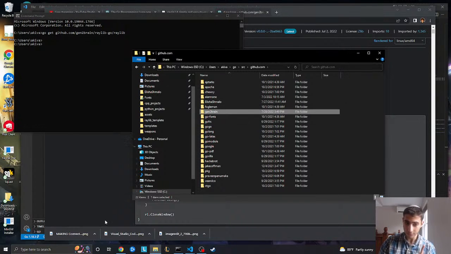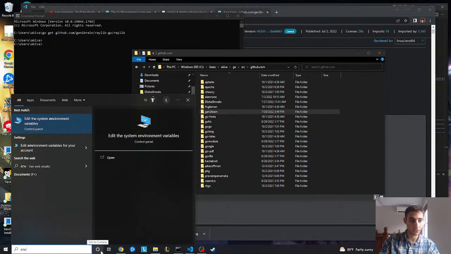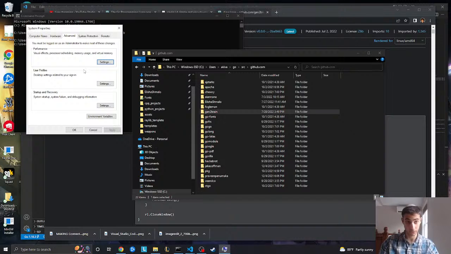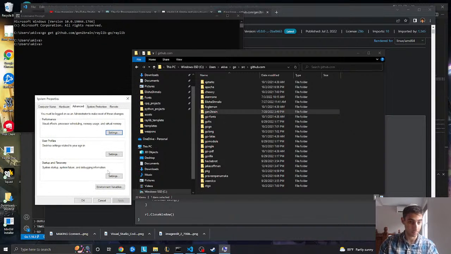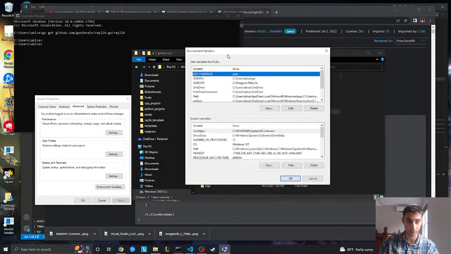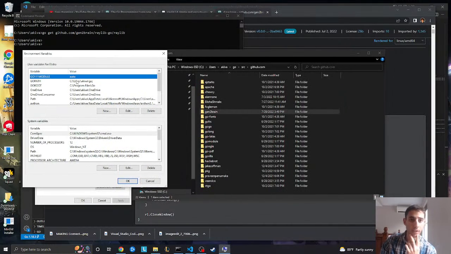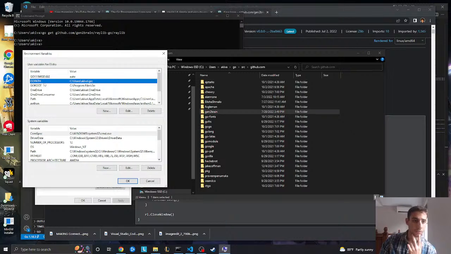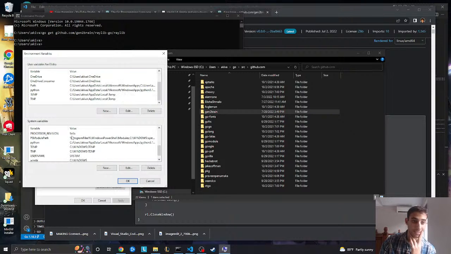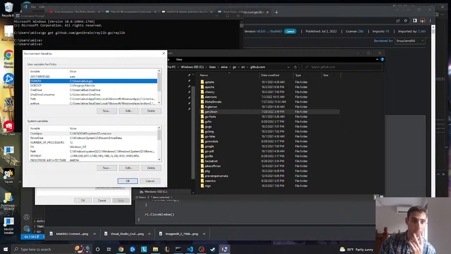Now, very important for your environment variables, which is really annoying to work with on a Mac. Environment variables are great to work in on Windows. So you should have an environment variable called GoPath, which is the directory to your GoPath, and you need that. You need that badly. You will not be able to work with your packages unless you have a GoPath thing,